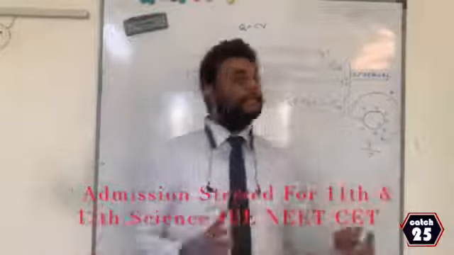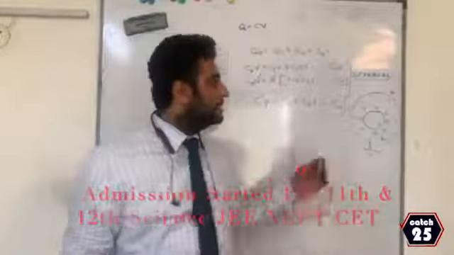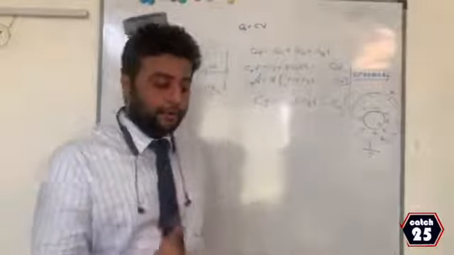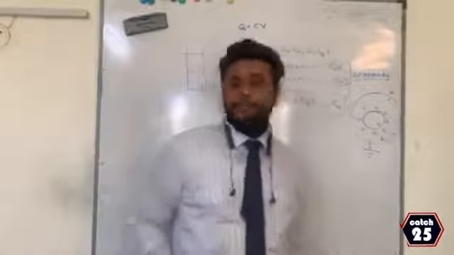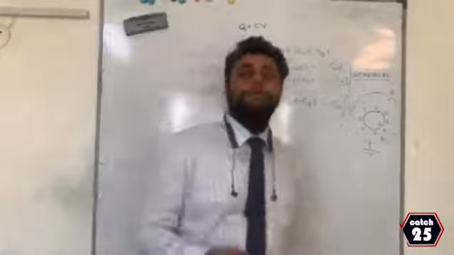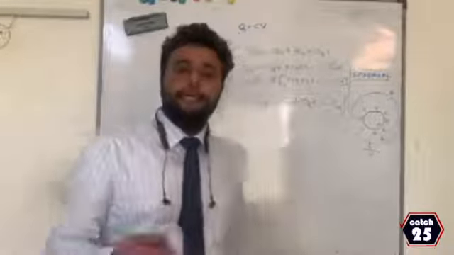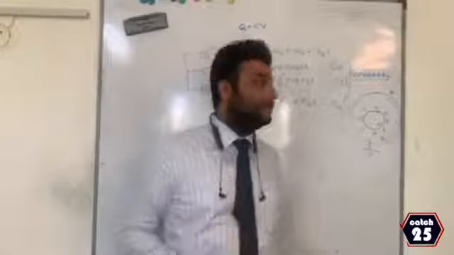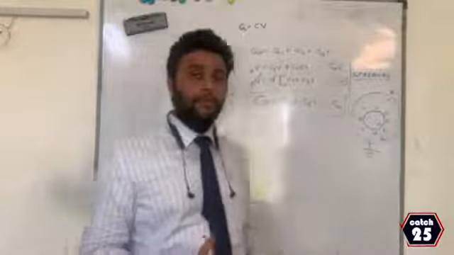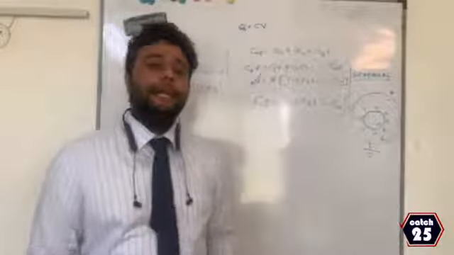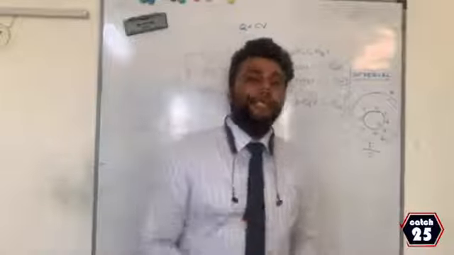Same as resistance in series. Resistance in series is R1 plus R2. This is capacitance in parallel. Therefore, the definition of capacitor, three types of capacitors. What is the fundamental formula for capacitors? What is the formula when capacitors are connected in series? And what is the formula when capacitors are connected in parallel? This is the formula. Now, more on capacitors and more on potential and dipole we will study in electrostatics session 3. Thank you.